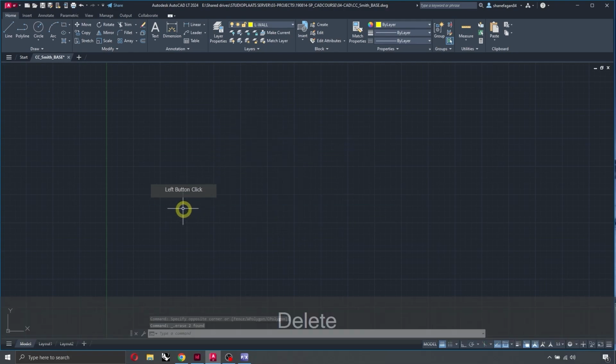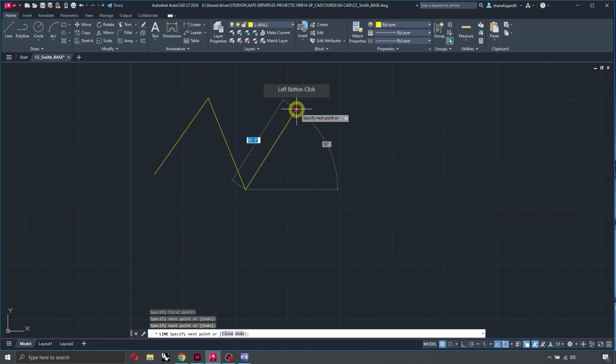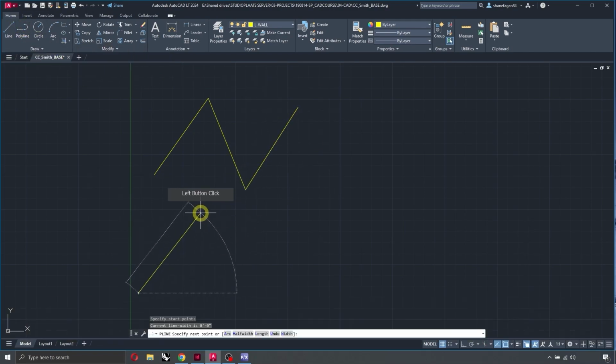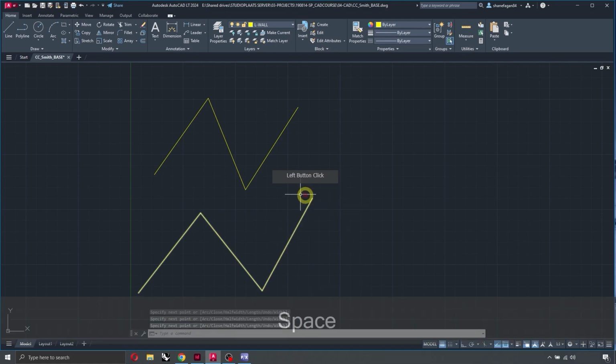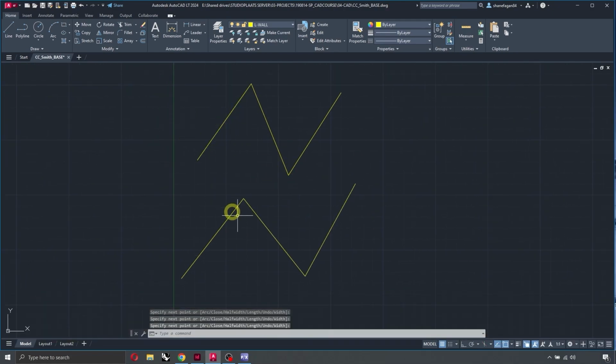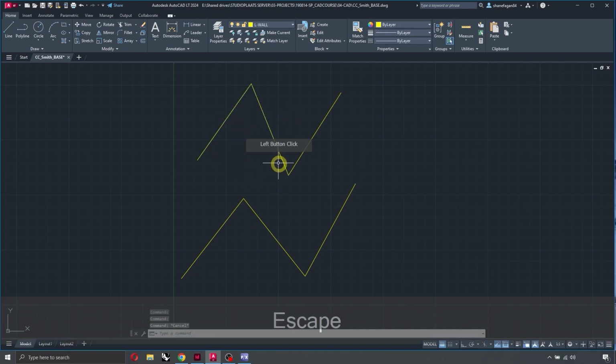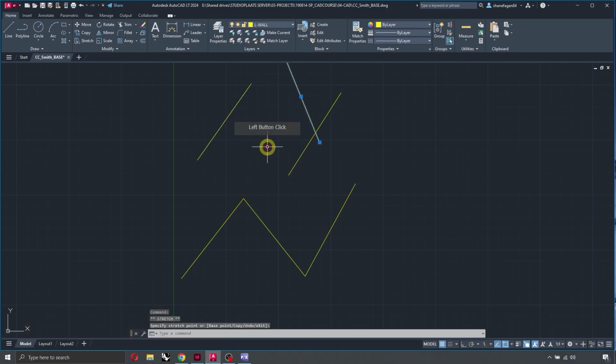Let's delete these. Now let's do a line that's got multiple pieces. And let's do a polyline that's got multiple pieces. So lines on top, polylines on the bottom. Now if I select, you can see that this is selecting in segments, meaning these are all individual pieces, which is not great. It's one of the big reasons I don't use line. Or polyline